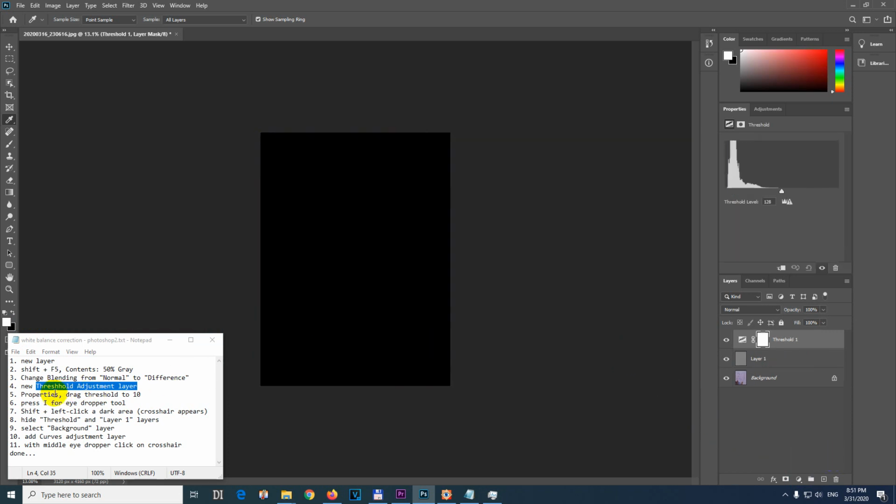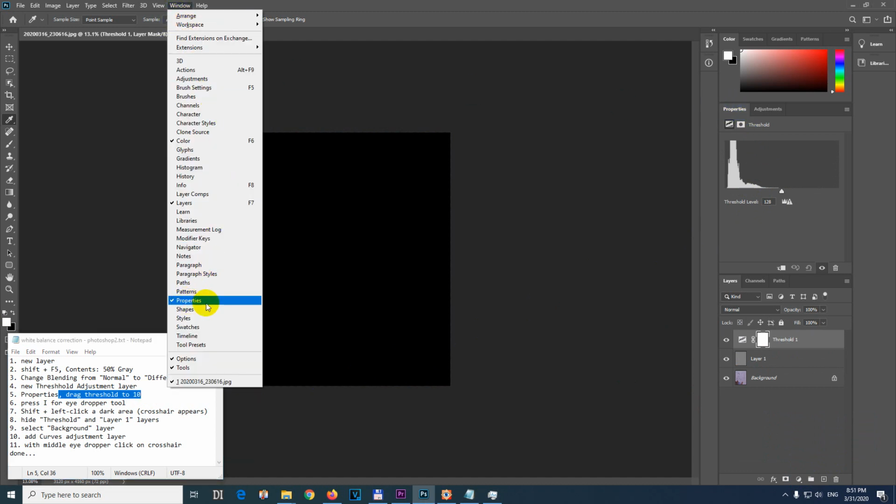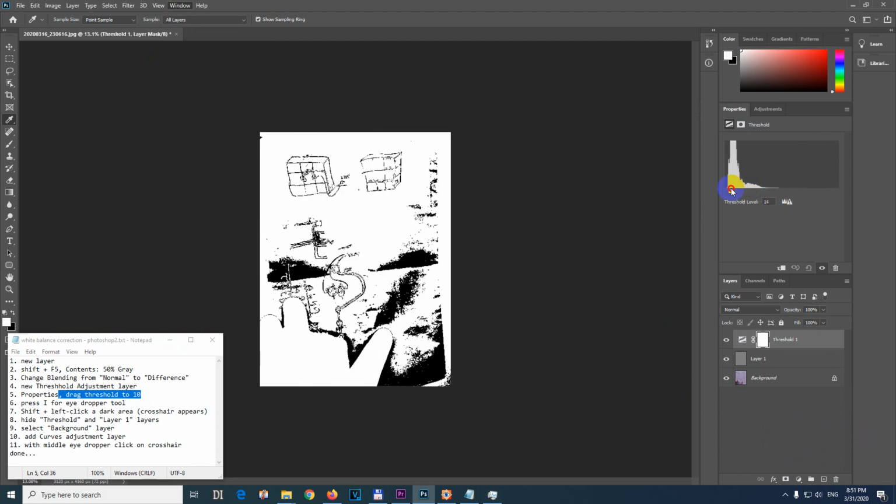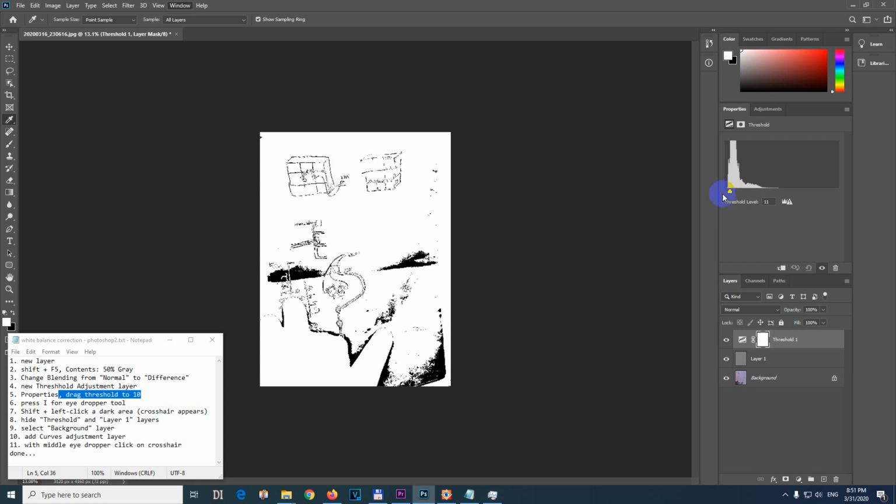Okay, so now drag the threshold to 10. So on the Properties window, Window and Properties, drag this slider so that we can see something, to, let's say, a low value somewhere around 10. Whatever. Okay, now with the eyedropper tool, I is the hotkey, this one,